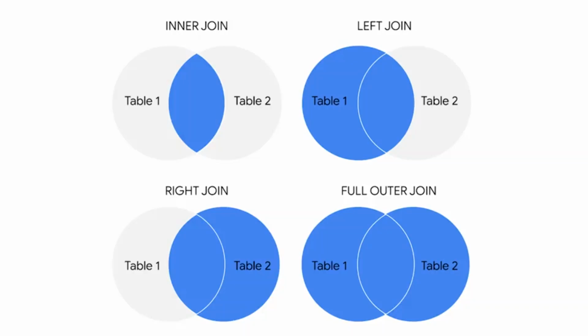Joins are super useful when you need to work with data from multiple related tables. They give you a lot of flexibility with how you combine and view that data. And if you ever have trouble remembering what inner, right, left, or outer join do, just think back to our Venn diagram. We'll keep learning about aggregating data in SQL next time.